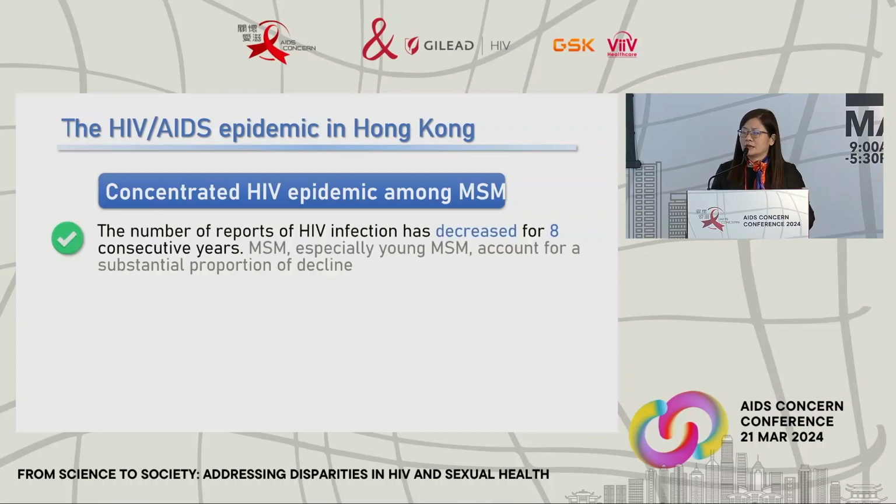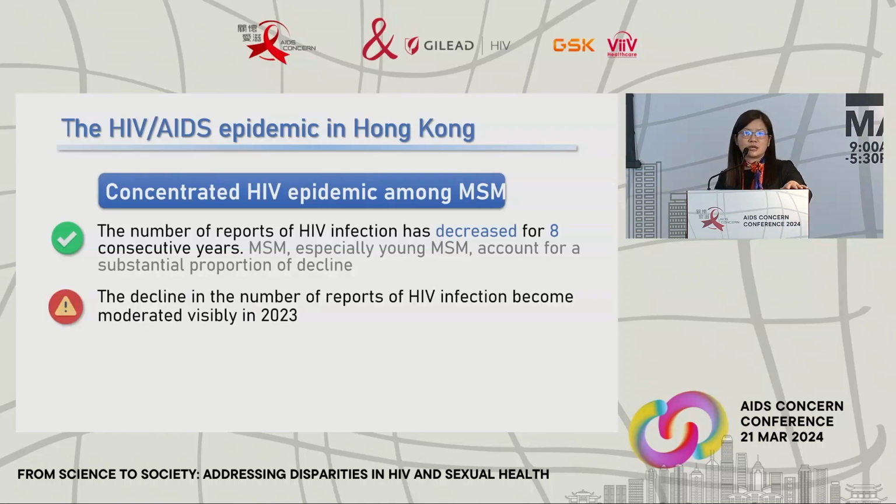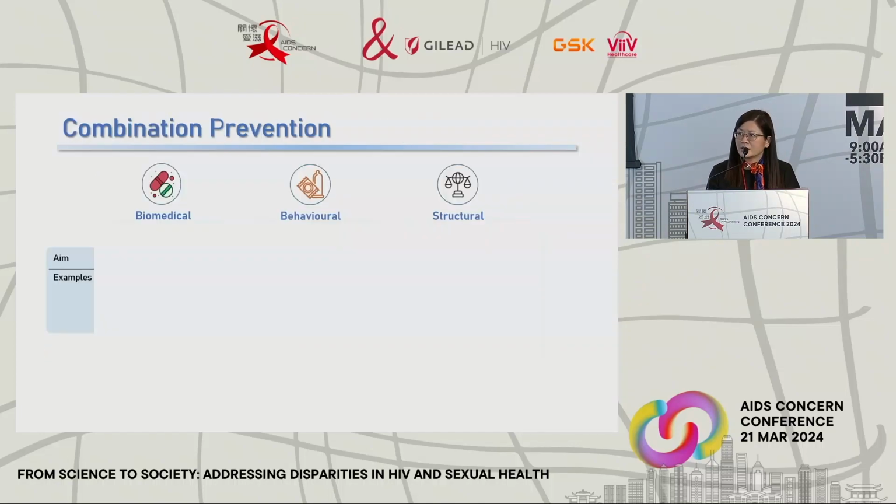And we have very good progress in decreasing the number of new infections, especially amongst the young MSM. But we still have some challenge in whether we can sustain our success in further decreasing the number of HIV cases. And there is some issue of late presenters. So back to our question, how to sustain the further decrease, I think the answer is